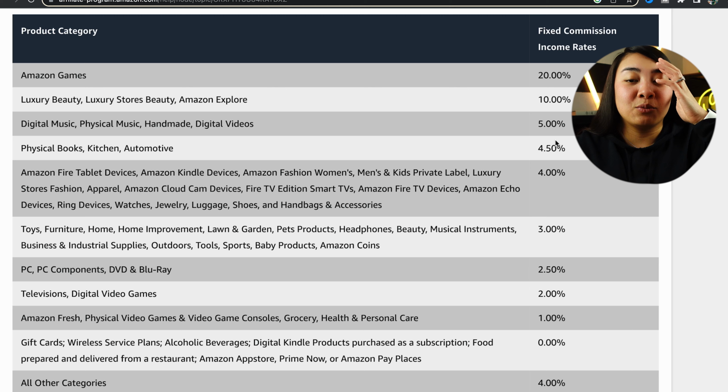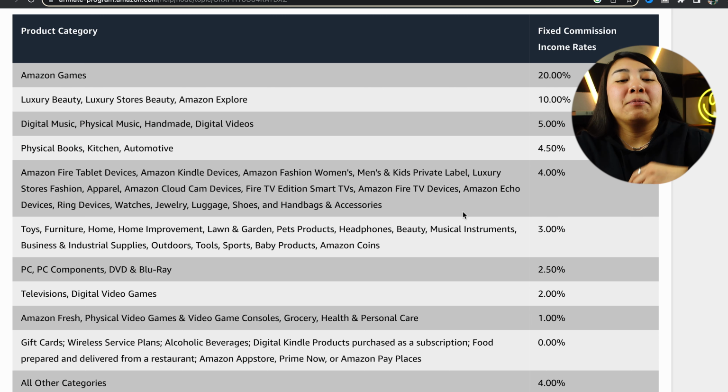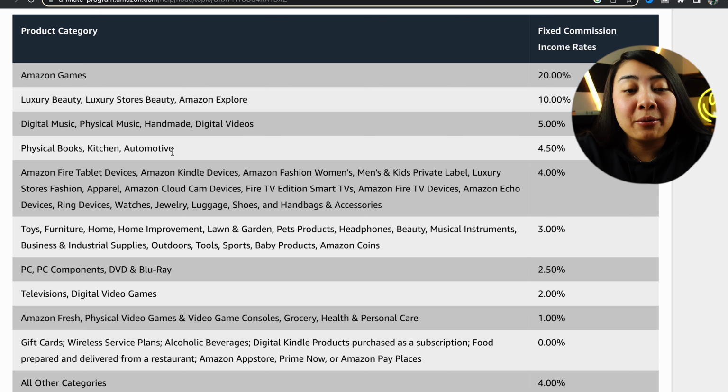Okay, this is what the commission rates look like for an Amazon influencer, right? Now, I don't know if it's changed up or not, but this is where you get to see how you make the most commission, what kind of products and all that, right? Now, what we're hearing is happening is, for instance, if you have a video on a